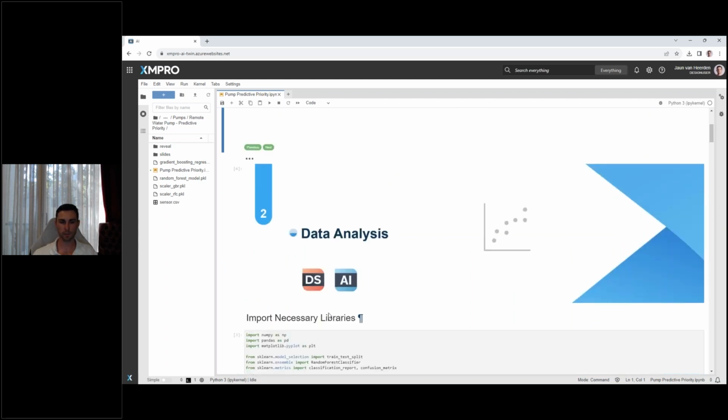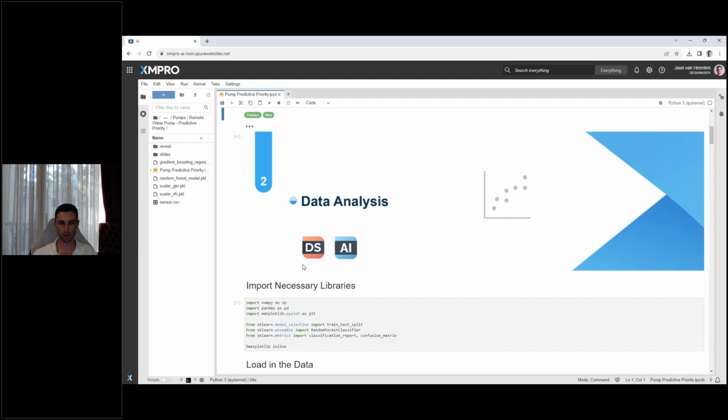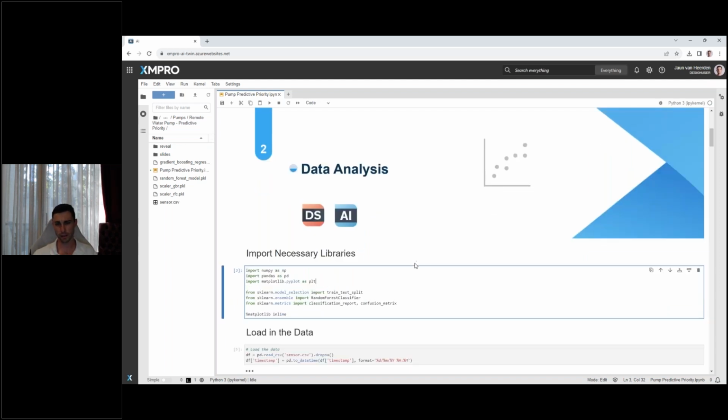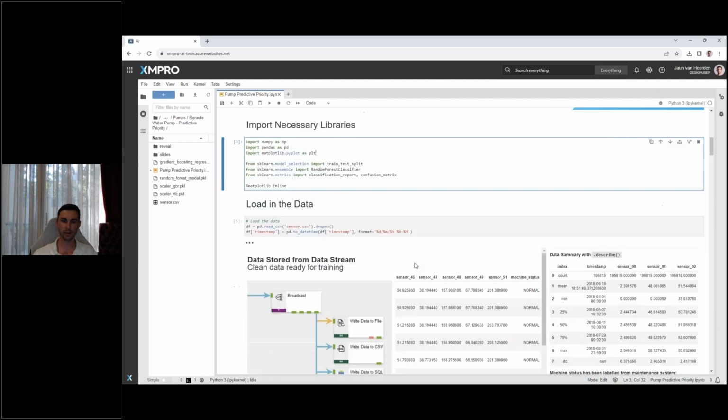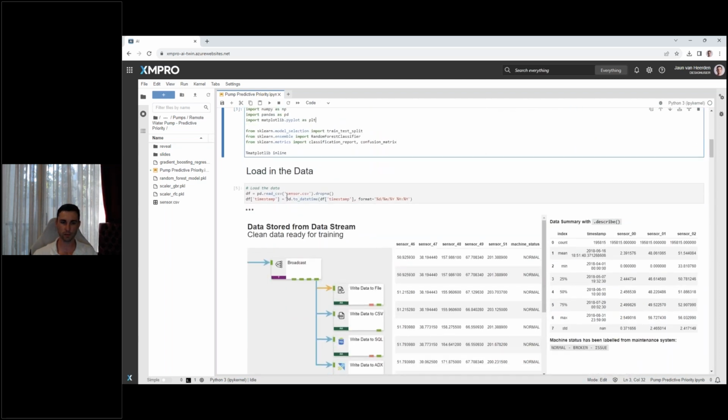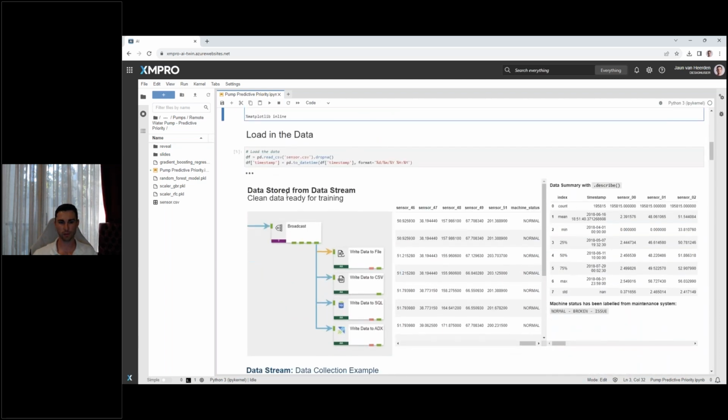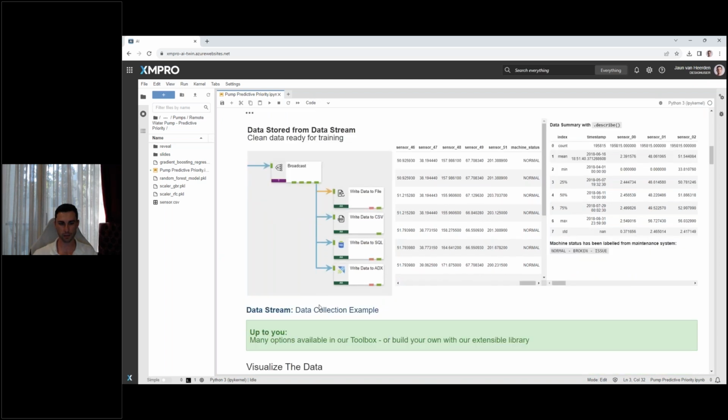The data analysis part utilizes our data streams to bring in our data and our XMPro notebook to do the analysis. So this is a Jupyter notebook style notebook. So it's very familiar to data scientists and engineers who commonly use this platform. So stepping into the data analysis, we'll be loading in our data. So this data is coming from our data streams. So if I click into this guy here,